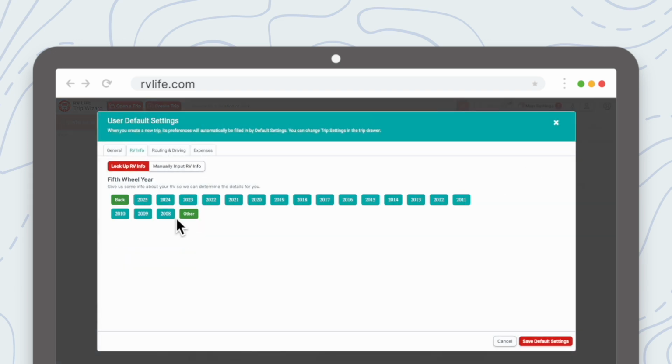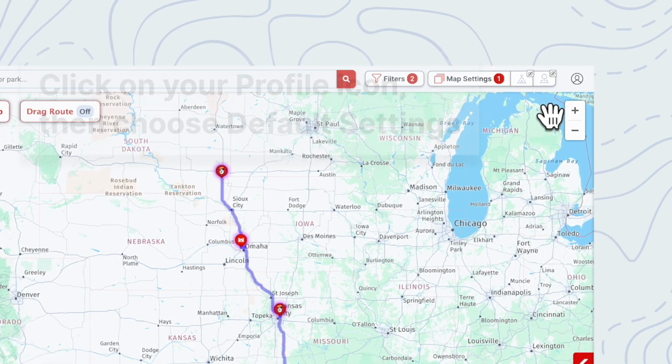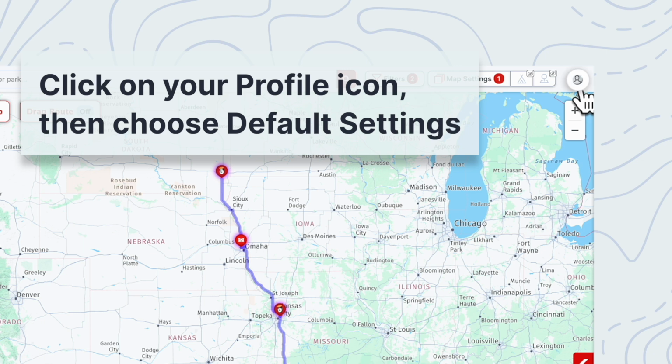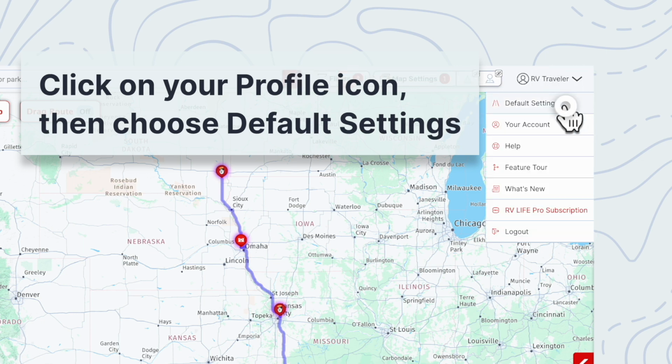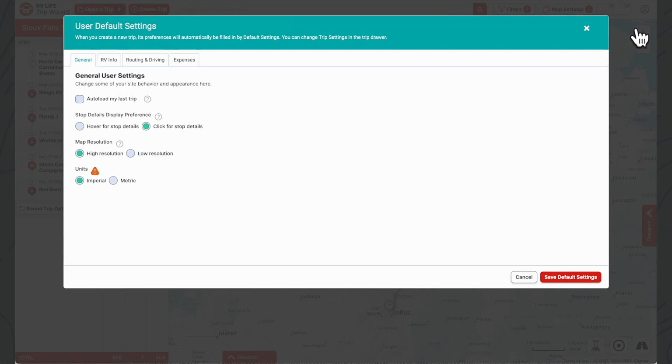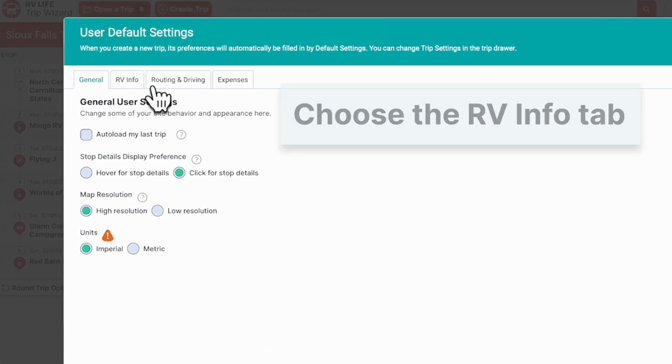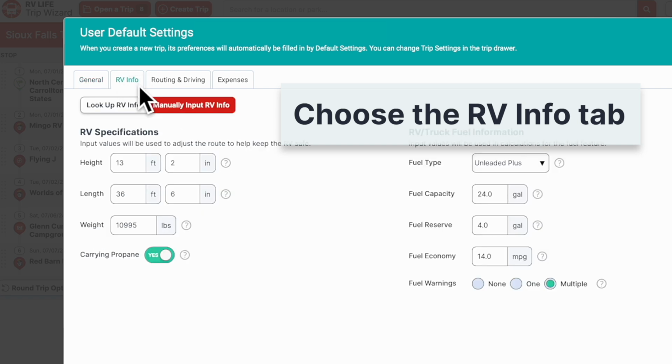If you need to check on or change your default settings, you can find them by clicking on your profile icon in the upper right and then selecting Default Settings. Note that the default settings will be moved to your profile in the future, but the various fields should remain largely the same. In this video, we will focus on the RV Info tab and the section under RV and